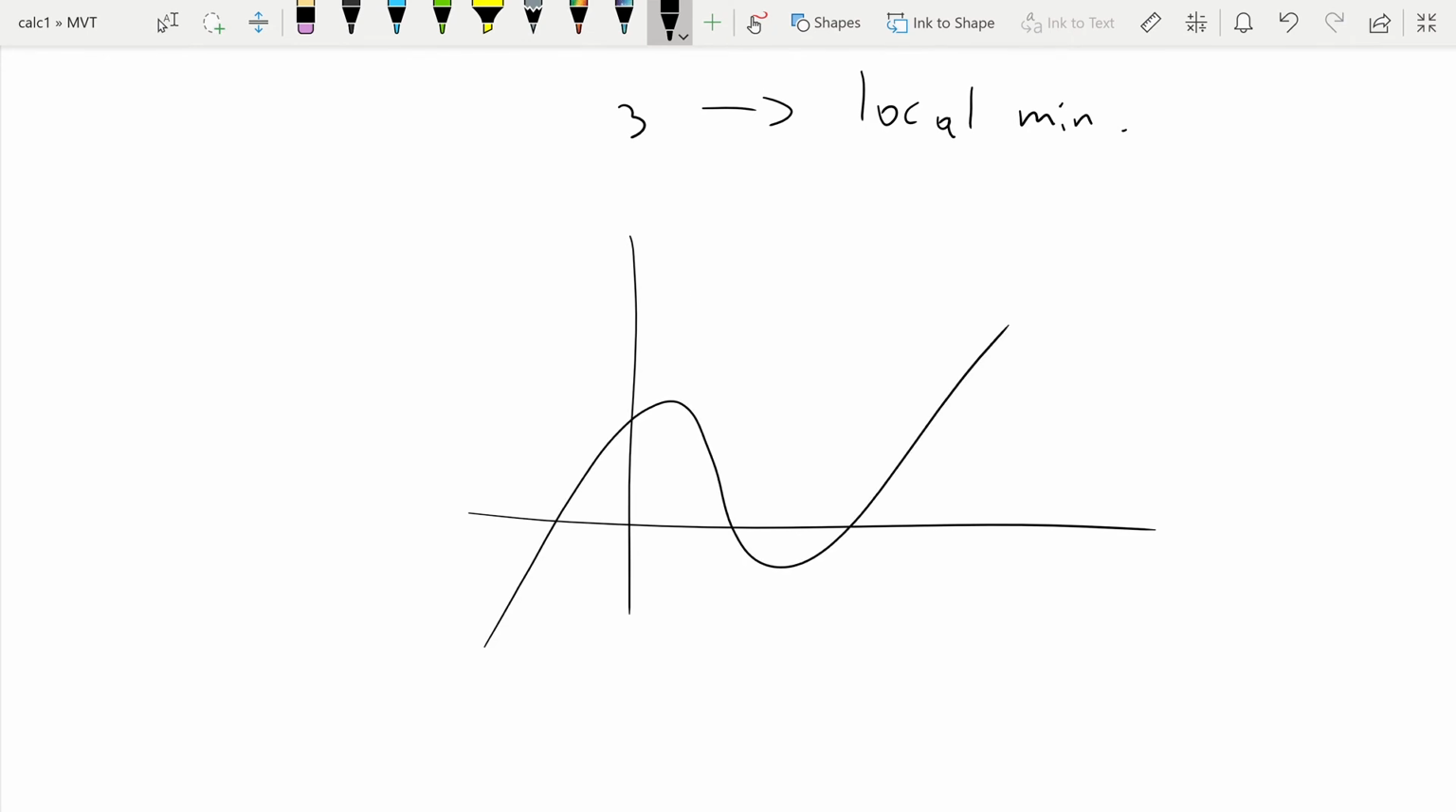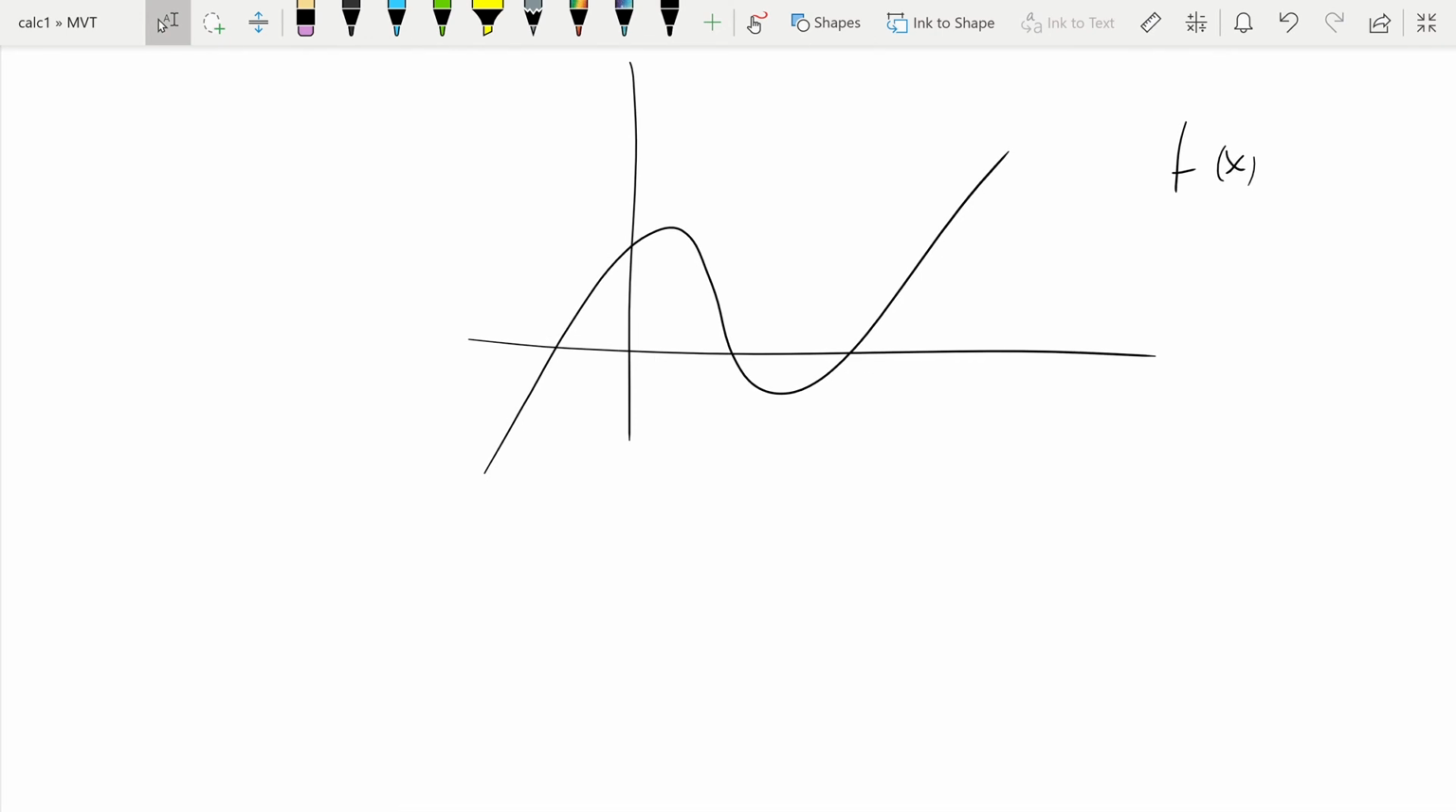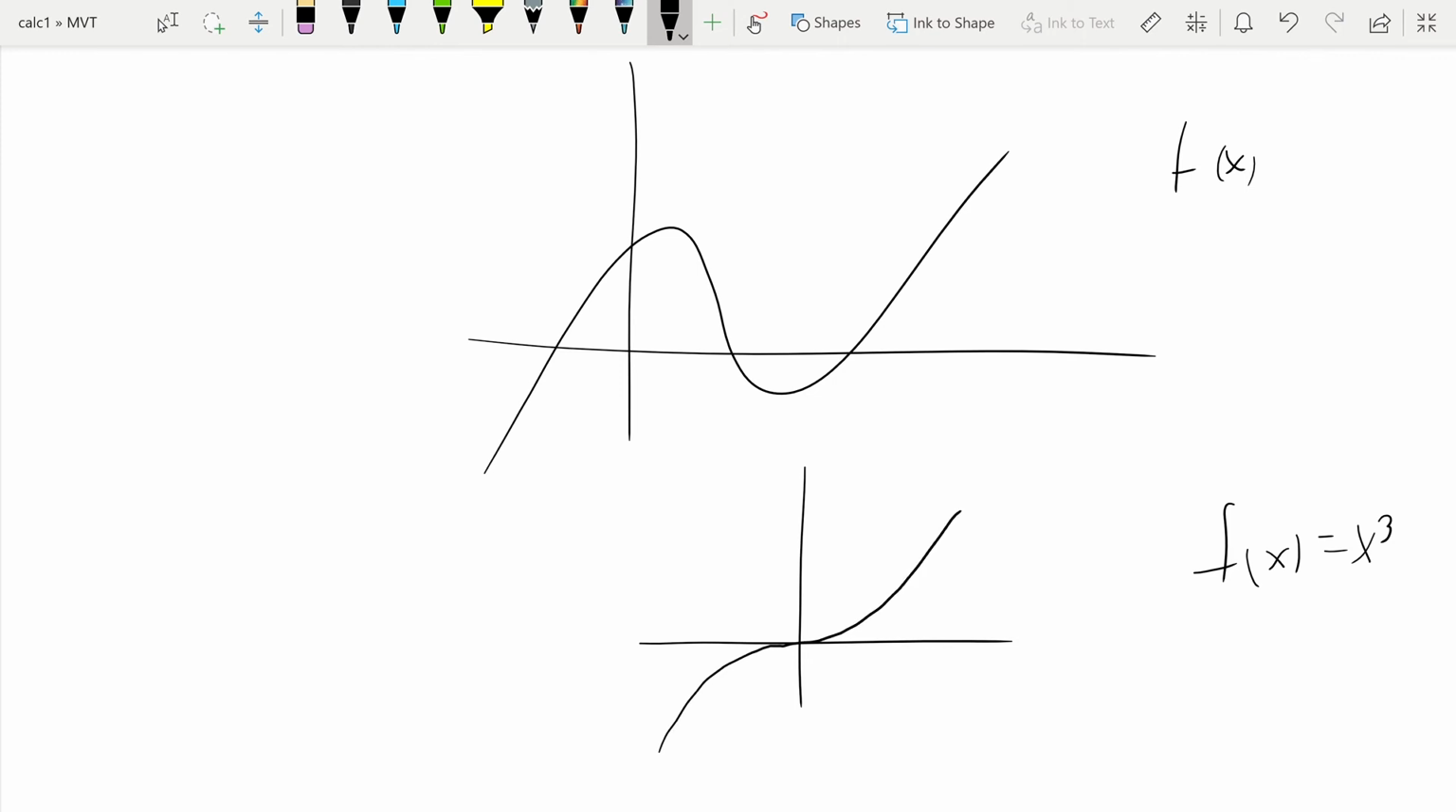So typically, this is what cubic functions look like. I mean, f of x is a cubic polynomial. But this is not always the case. Remember the case when f of x is exactly equal to x cubed, then the function is just increasing, and it does something funny like that, where the critical